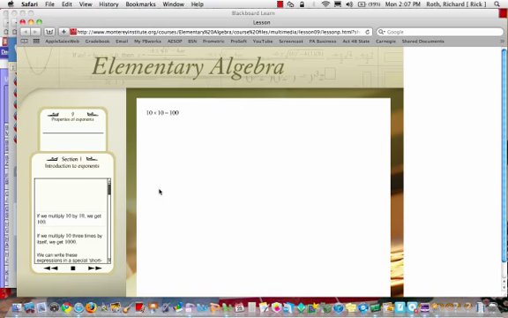If we multiply 10 by 10, we get 100. If we multiply 10,